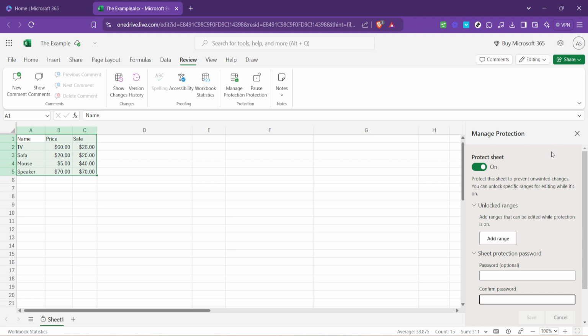That wraps up our guide on locking in Excel formulas. Whether you're a seasoned data analyst or just getting started with Excel, securing your work is vital. I hope this tutorial empowers you to confidently protect your Excel